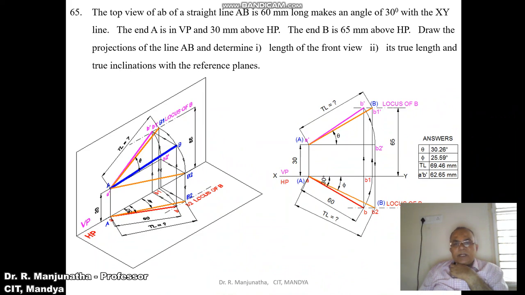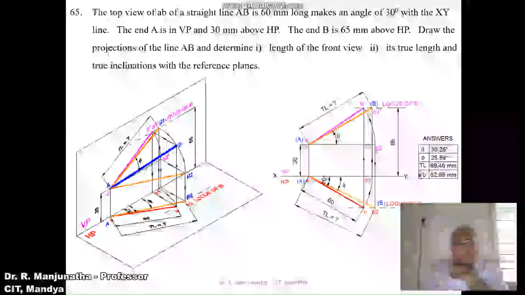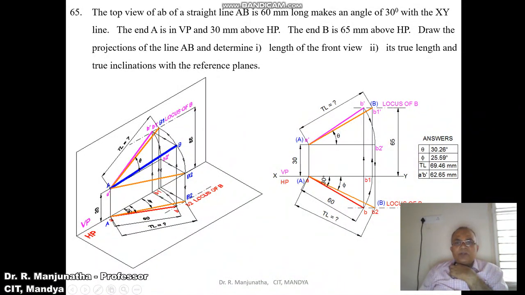by using the protractor, you measure an angle of 30 degrees and draw an inclined line, and by using the compass with A as center, taking the radius of 60 mm, cut it on this 30 degree line. So you are going to get this point as B. Mark the point as B, then join A to B with a dark line, and now we will get the locus of B in the top view. Since we know the point A, from this point A you measure a distance of 30 mm and draw a horizontal line.